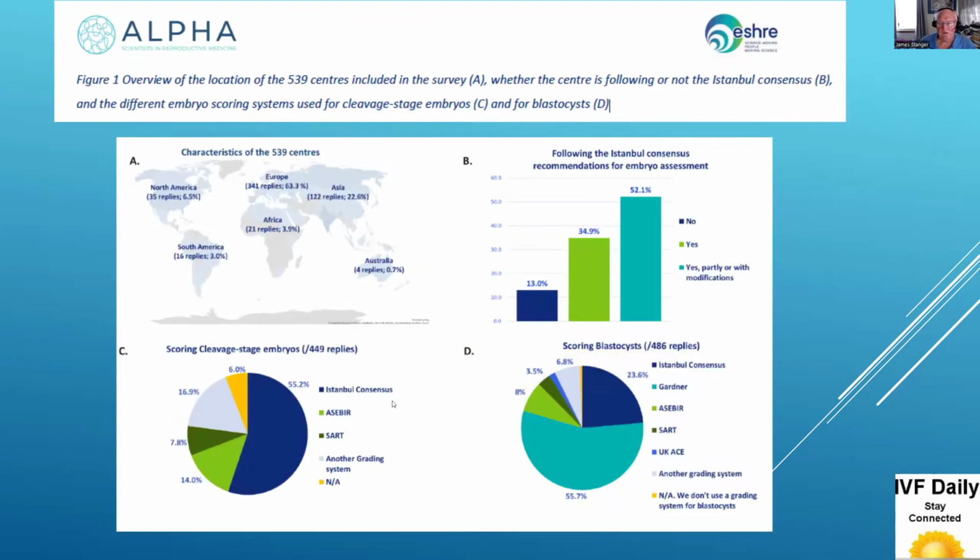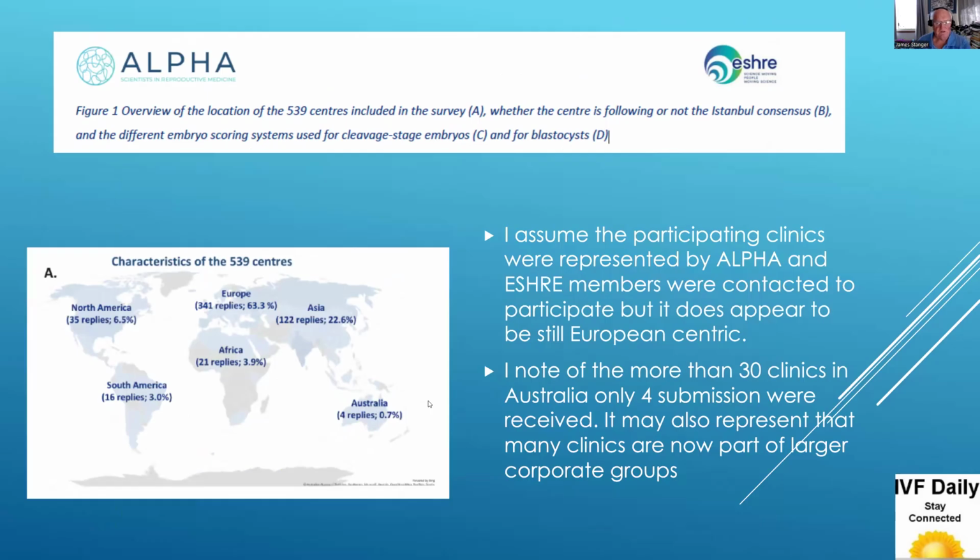The summary, I think, is the second supplementary notes. This is how it's presented, a series of graphics, which I'll go through individually because they're quite interesting. The first is that you can see of the 539 centres, about 2/3 came from Europe, which tells you their alpha ESHRE bias, and I would hope that the next survey done in 5 and 10 years' time is far more internationally represented. There's a lot from Asia, but notice there's 4 from Australia, but I know there's 30, 40 clinics,